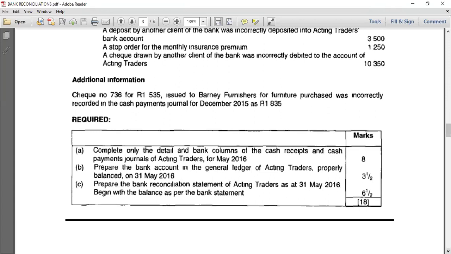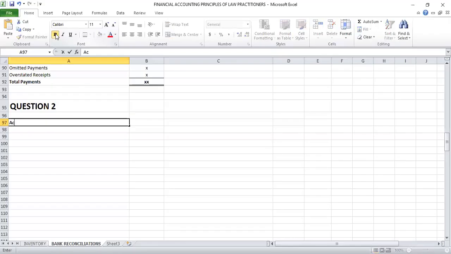So first of all, we have to do the cash receipts and cash payments. In this case, as you can see, we are not given the bank statement just like what we normally do, but it's a story. We are given a story, so we have to use that story to prepare our books, right? So we have got Acting Traders,